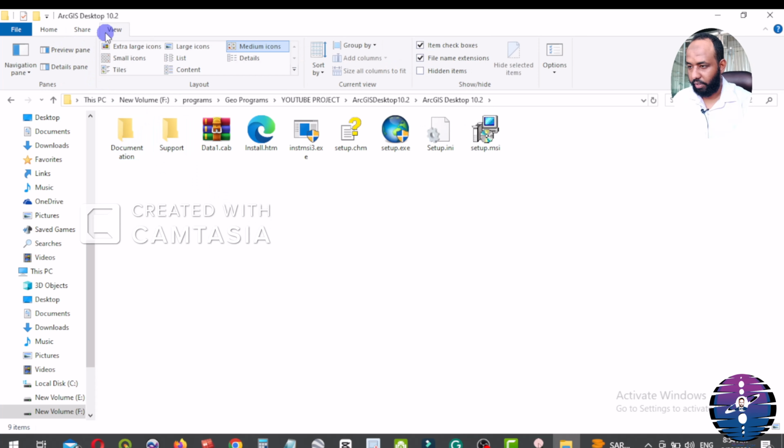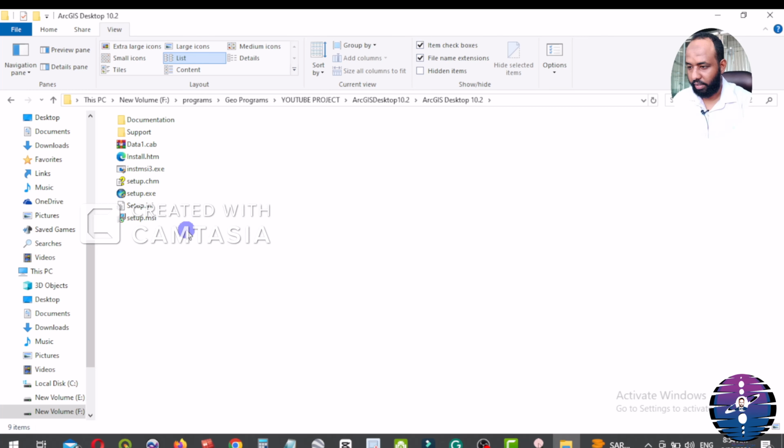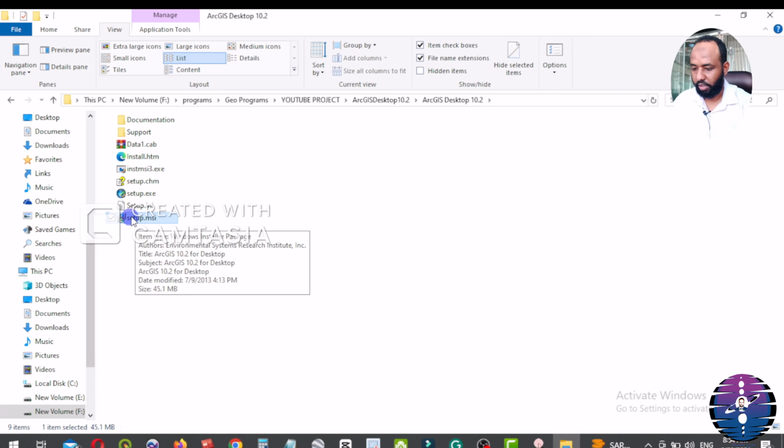Okay, I prefer list view. Okay, and then double click on this icon, whose icon in the form of a computer, as you can see. Setup.msi.